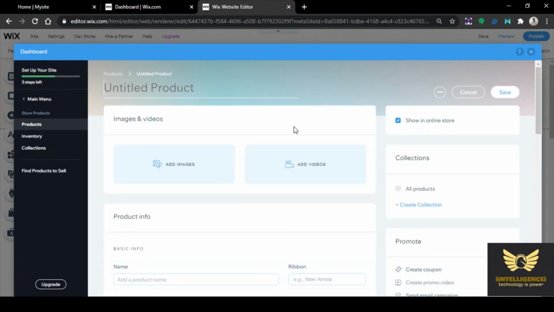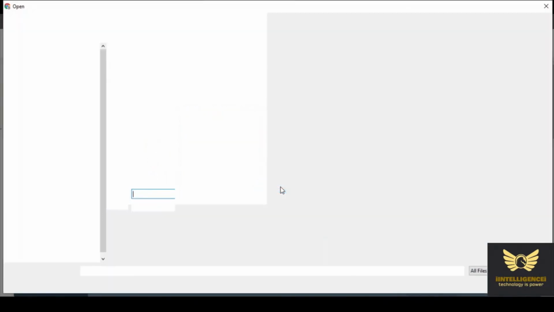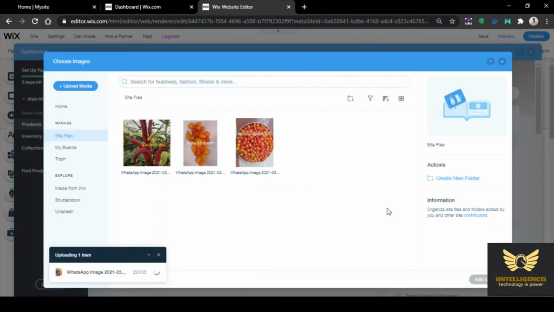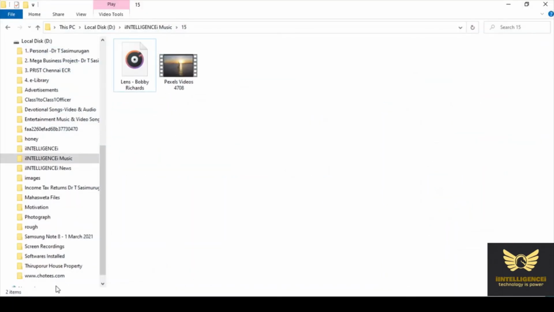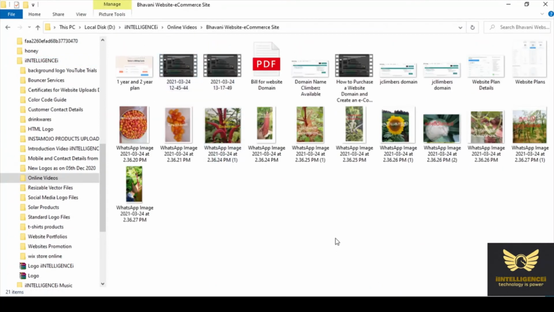Click new product, physical. Add images. Upload from computer. Click OK. Let me check the name of that product.